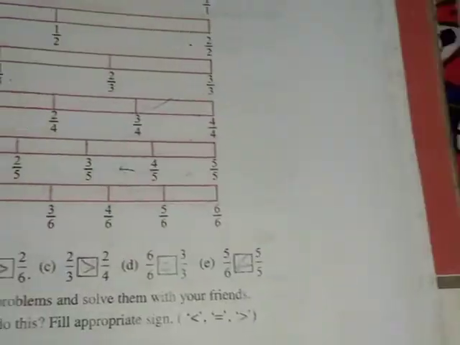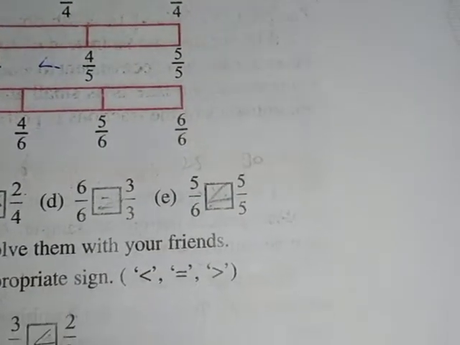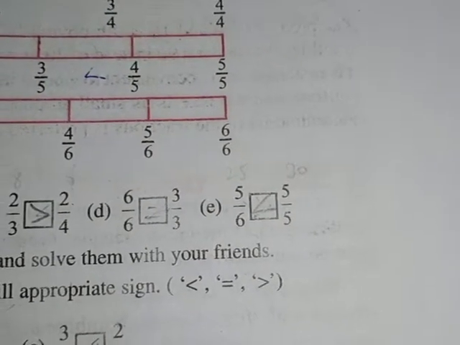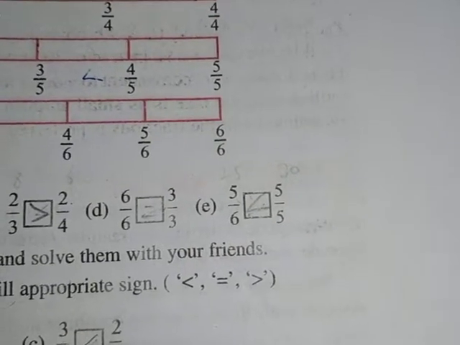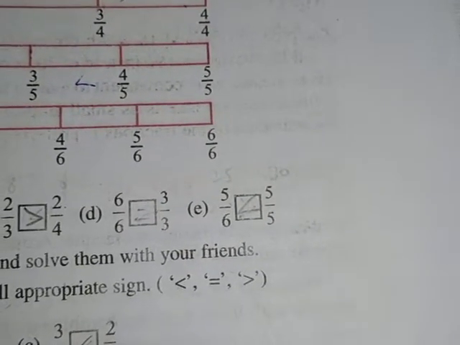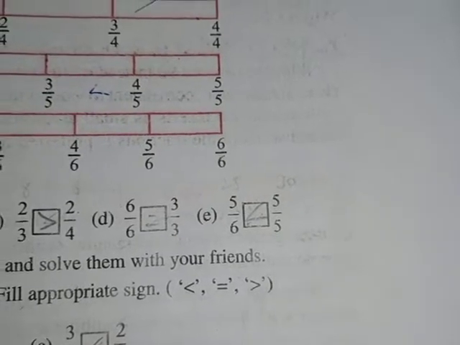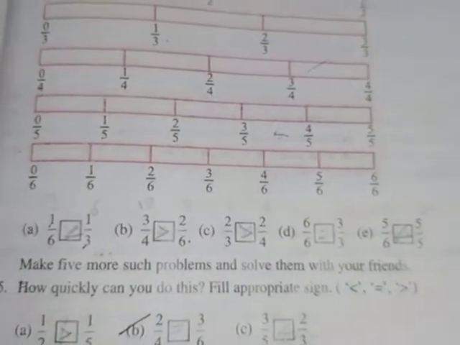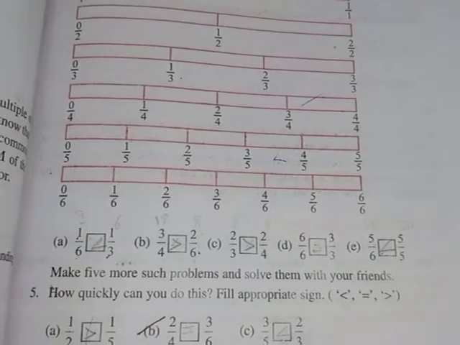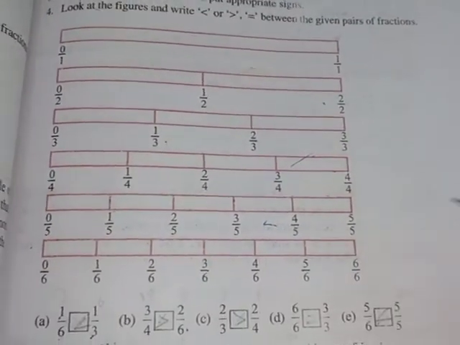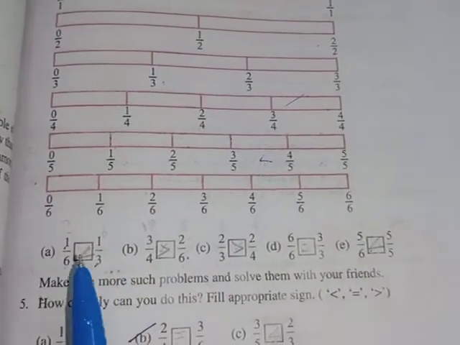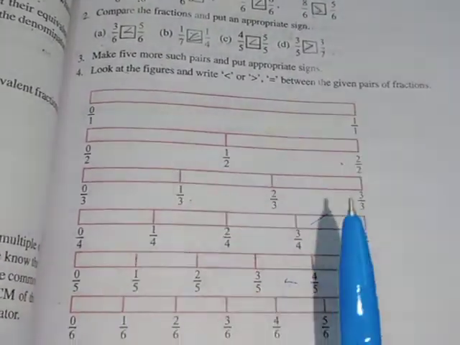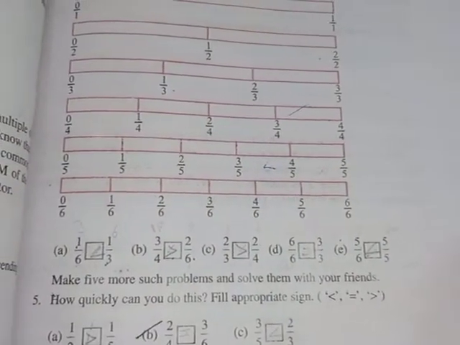Okay, next one is 5 upon 6 and 5 upon 5. So 5 upon 5 is considered as 1 and this side we have a proper fraction. When we have a proper fraction, that is always smaller and 1 is greater, therefore towards 5 upon 5 we will put the sign. So I hope this is clear how to solve. And this number line which is made now is only for your understanding. To solve these questions, go through this and solve, or you can do it on your own also. So like this we have done.